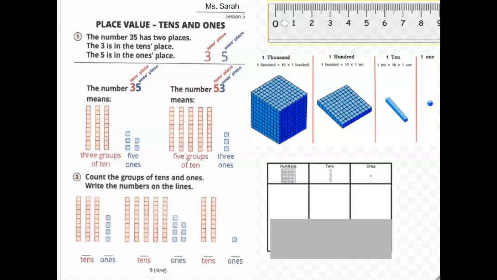Hi guys, welcome back. Okay, so this is page 9. Right down here you see the 9. And this is lesson 5, and I already wrote my name at the top, so go ahead and write your name at the top. So this time we're going to talk about something some of you might remember from